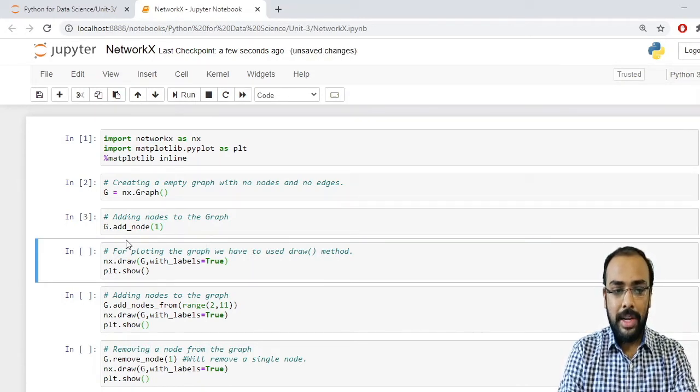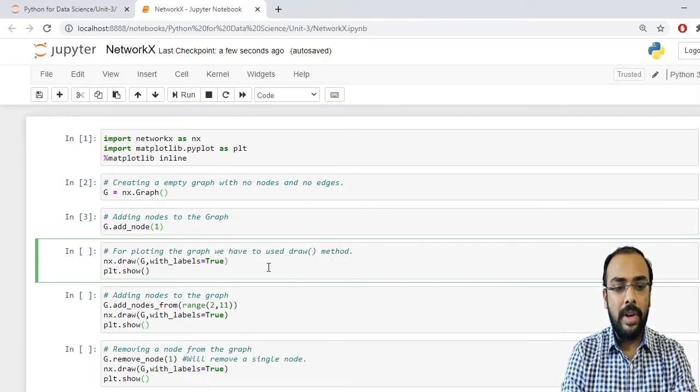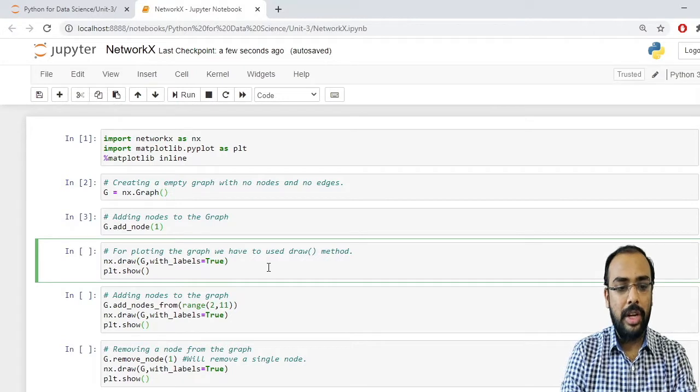But whenever you add a node, it won't show you. So we will see how we can plot our node. For that we have to use the draw method, which is present inside the networkx package. So nx.draw. Only one parameter is mandatory, that is your graph object.